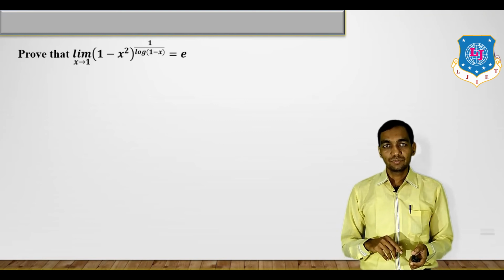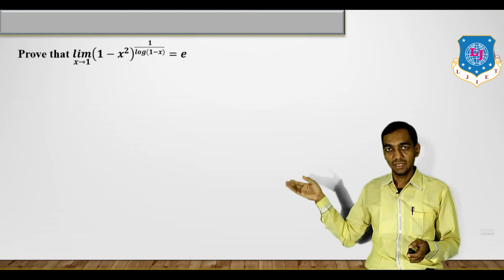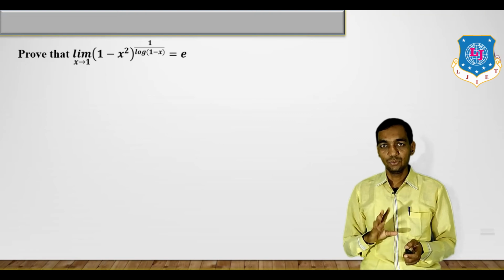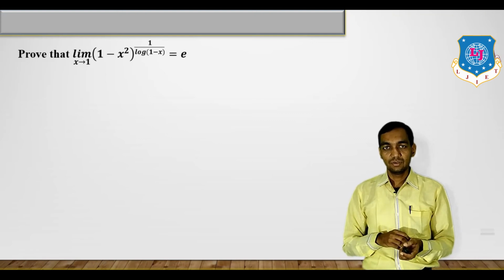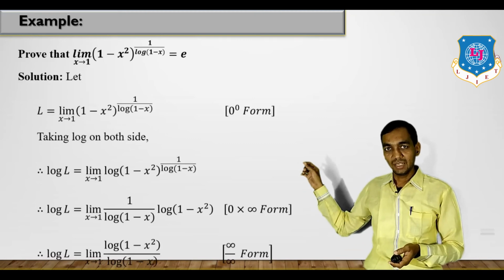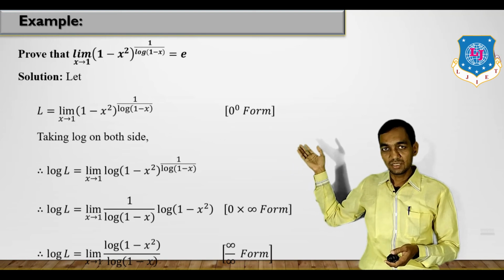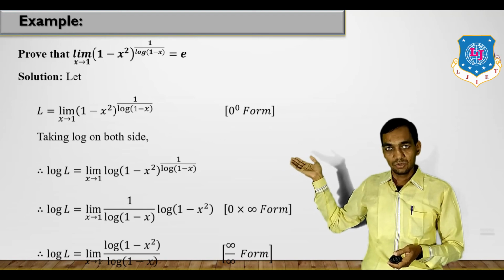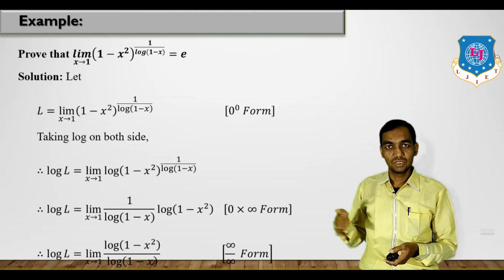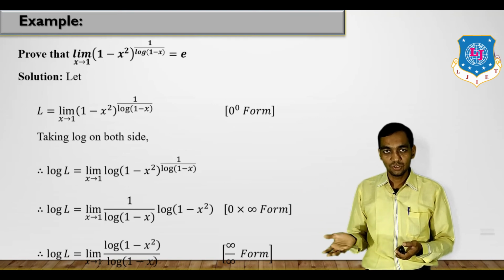Okay. Now the other form we have taken is limit x tends to 1 of (1 minus x square) raised to 1 upon log of (1 minus x), and it has a value e. Now this form is nothing but 0 raised to 0 form. Why? Because 1 minus 1 will be 0, and for 1 upon log 0, log 0 has a value infinite, so 1 upon infinity will be 0. So 0 raised to 0 form is there,